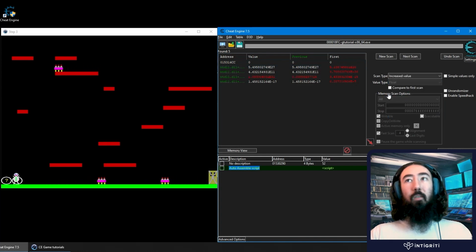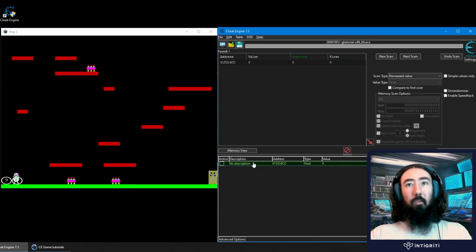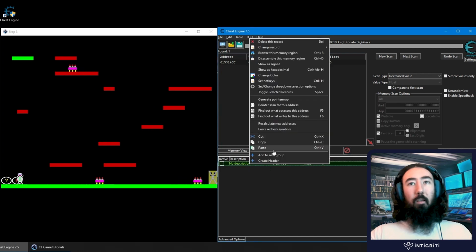I'll do increased value, I'm going to jump, there we go, and then we'll do decreased value because we've landed, and now we've only got one result left. I'm going to remove these, and now let's jump and we'll see that that goes up, which is cool. Okay. Let me try and freeze it. Notice that? I can actually hold it in now, and it just keeps jumping higher. So that's pretty cool. What you can also generally do here, if I right click and go to Browse Memory